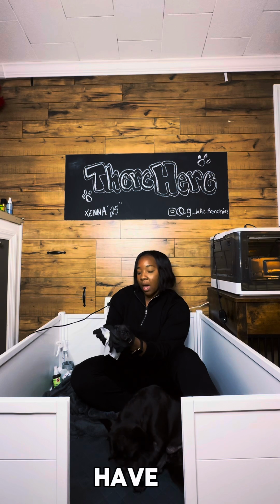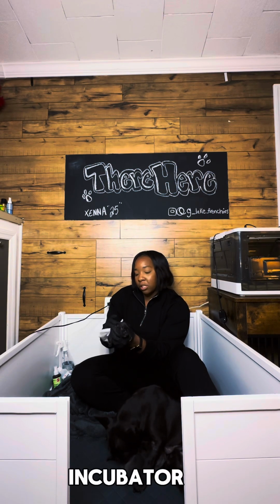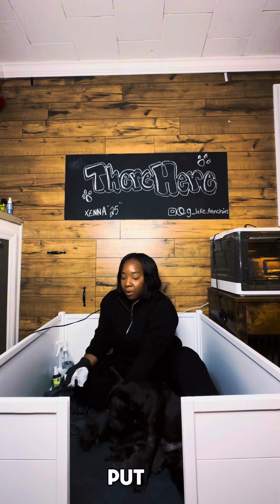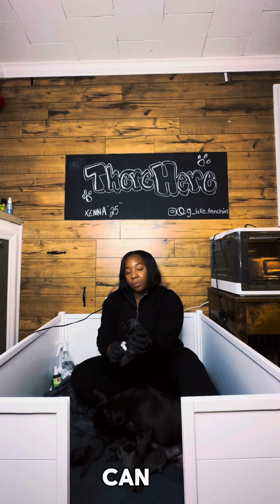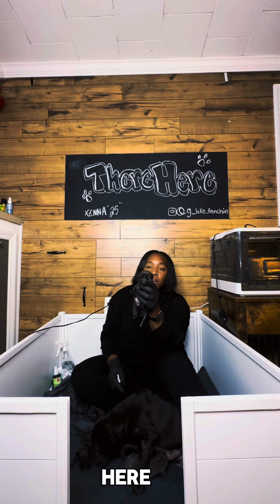And then also we have a cool incubator that we keep them in. The incubator is good if you're busy or something like that and want to get some things done around the house. Put them in the incubator when they're not eating, or if it's not feeding time. This little guy right here,